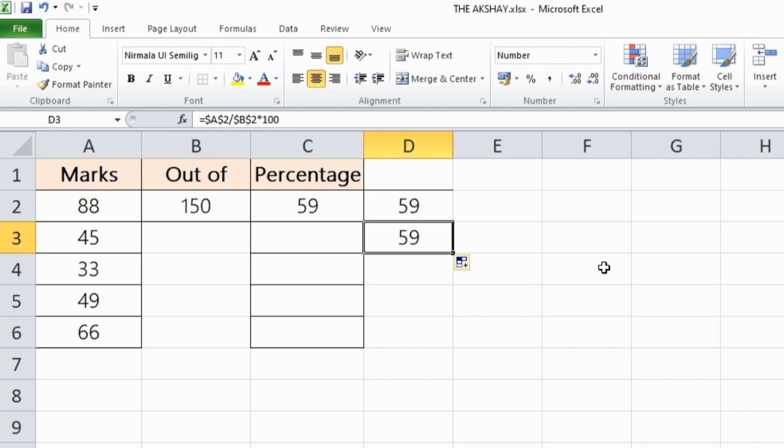So values remain unchanged because the formula is unchanged. But there is a problem. If I drag this below, I don't want this value, I want to calculate this marks percentage. So what should I do now?